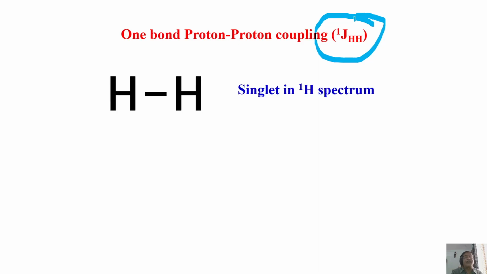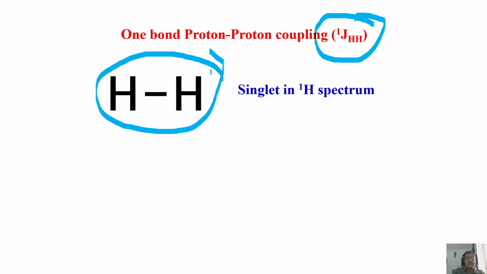This is nothing but a hydrogen atom, the hydrogen molecule. In the hydrogen molecule, these two protons are equivalent. This and this are equivalent. When they are equivalent, it doesn't show the splitting at all. In the NMR spectrum, equivalent spins will not show the splitting pattern. That's what I've been telling you. So it will give rise to a single peak. Equivalent spins, splitting is not reflected in the spectrum. Please remember, these two are equivalent. It will give a single line.